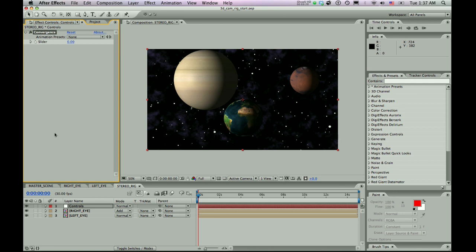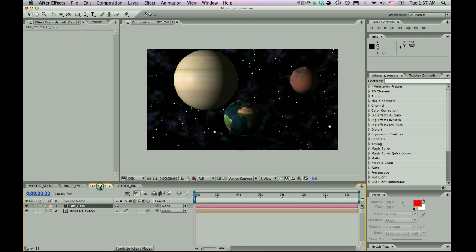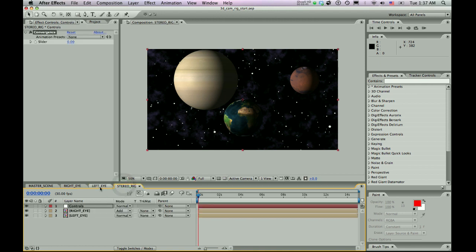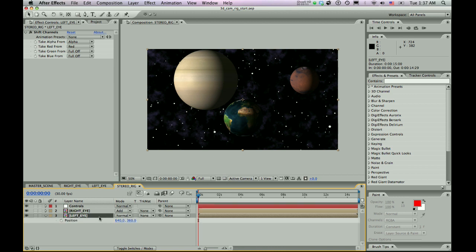And now we need to jump back into the left eye composition and add an expression to the position property. Oh, excuse me, no, we don't want to jump back in there. We want to add it to the left eye comp in here. So to do this, hit P, and then you need to alt-click this